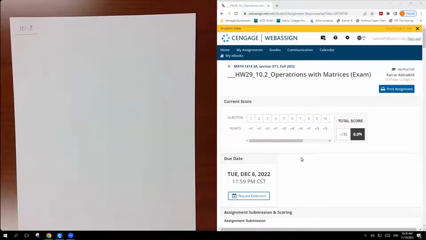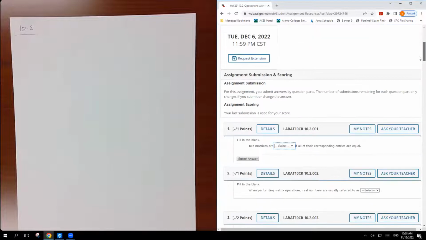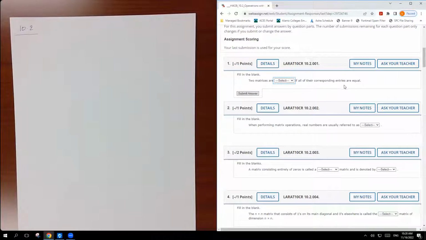Section 10.2, operations with matrices. Let's start with the first example. They're telling you that two matrices are equal if all their corresponding entries are equal. That means if you have two equal matrices,